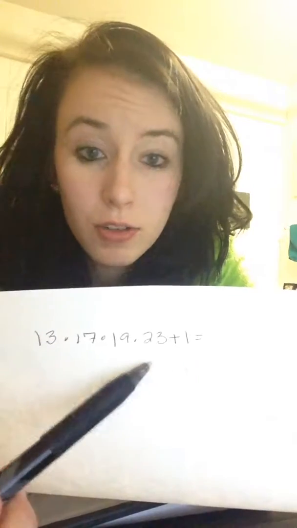So I'm going to do this. I'm going to use 13, 17, 19, 23, and then I'm going to add 1. As I write this down, I know that these numbers are prime numbers. I'm going to add 1 so we know that these are not multiples of this number. When I do this on my calculator, it is